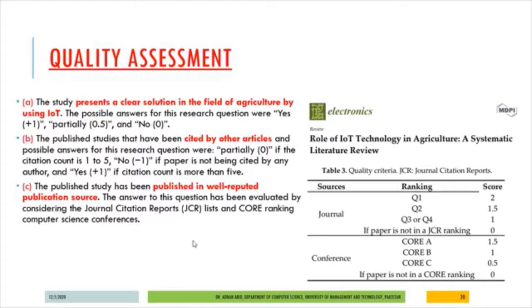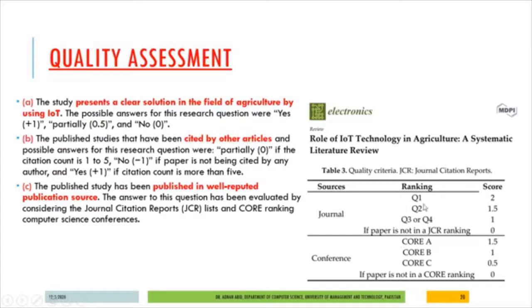And there are other ways of rating the articles as well, which have some overlapping possibilities. For the IoT agriculture article, the journal and conference rankings were considered as the rating criteria, with an implicit idea that a good quality venue only allows good quality research, or well-reputed research is published in top quality venues. So the journal rankings based on Scopus were considered, the Q quartiles that the SJR has defined: Q1,